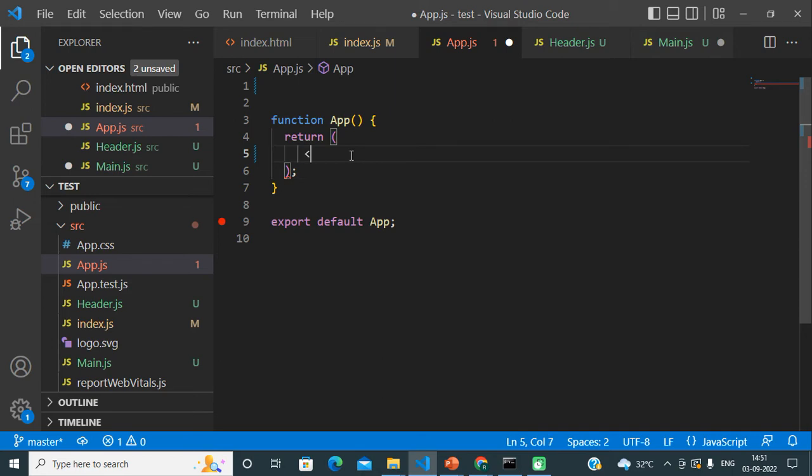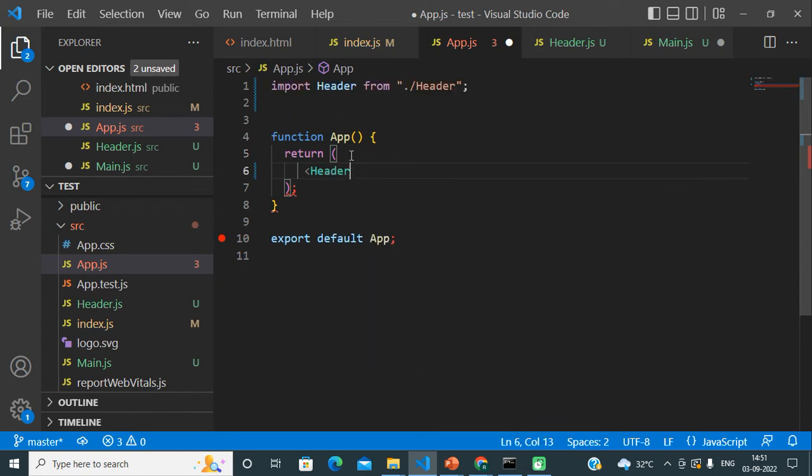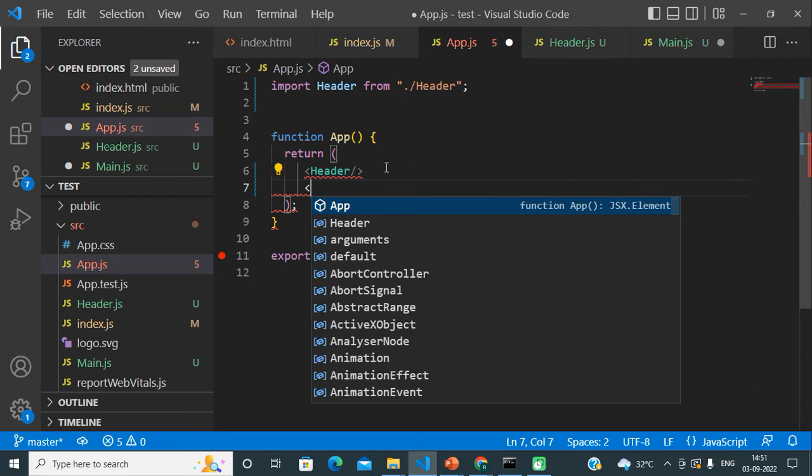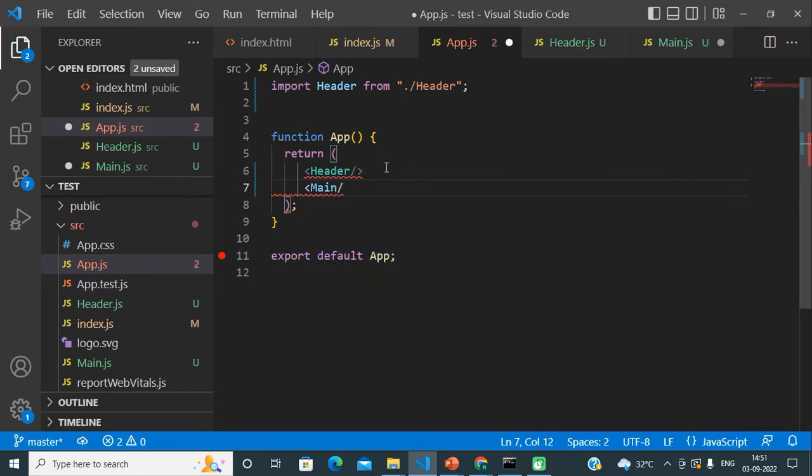So to render that, I will just use the same syntax. After that I will use the other component, that is main. This way I am calling or rendering my two newly created components from within this app component.